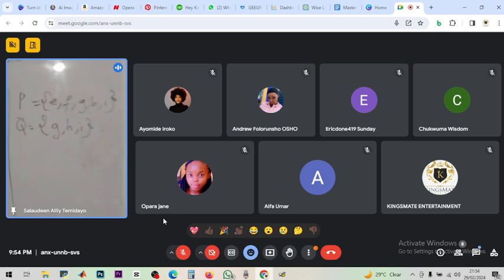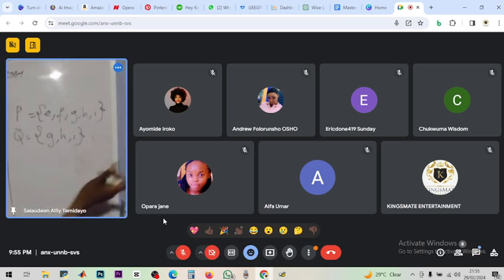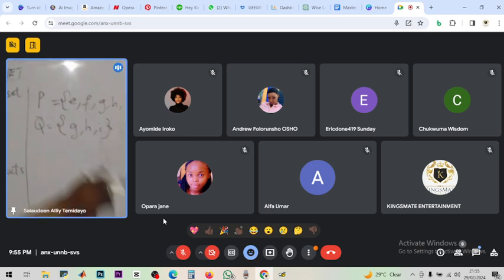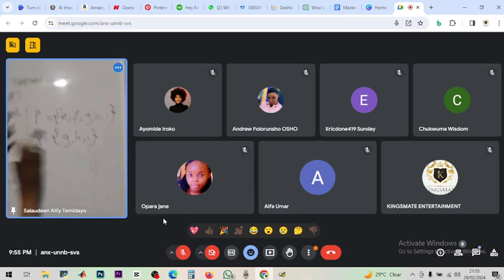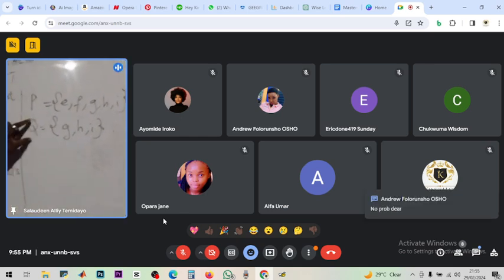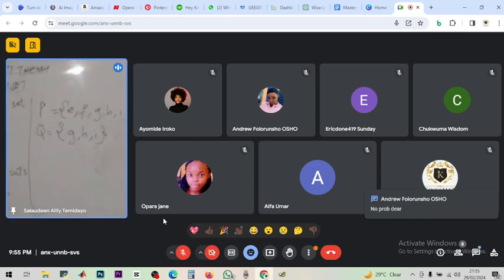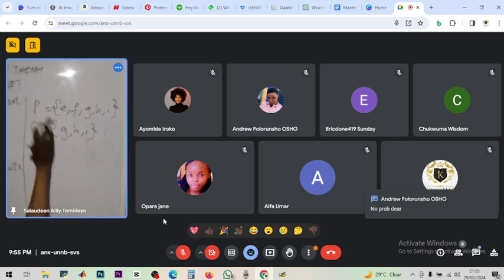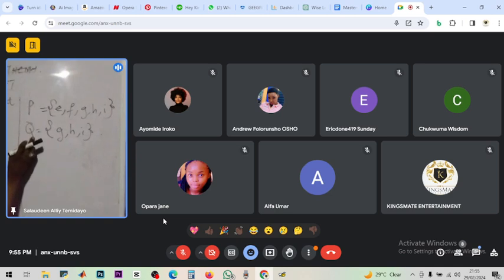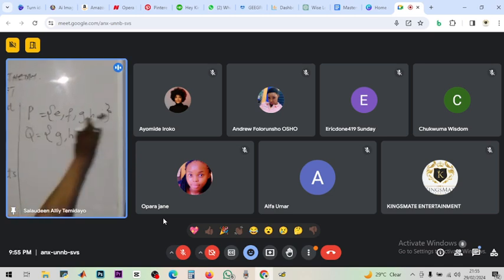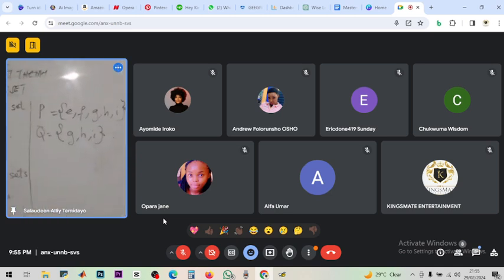This is a set P and this is a set Q. You can see that set P has some things and set Q has just part of it. So definitely I can say set P has everything that set Q has, but set Q doesn't have everything that set P has. Set P has everything that set Q has, while set Q does not possess all the elements of set P.